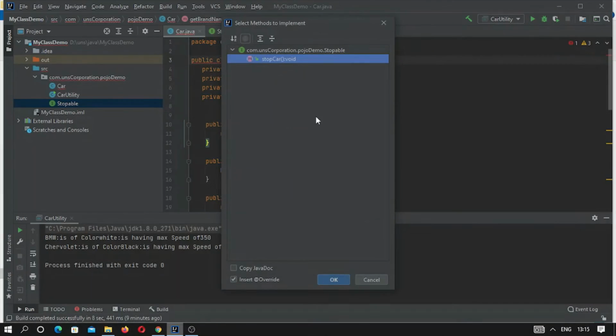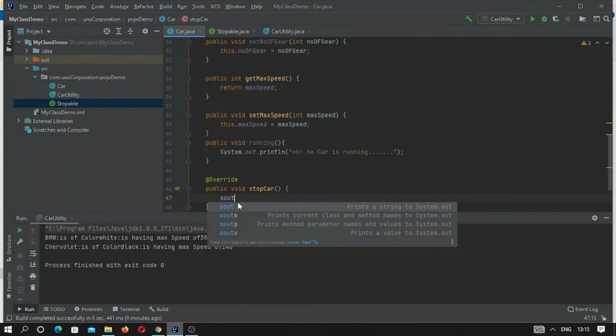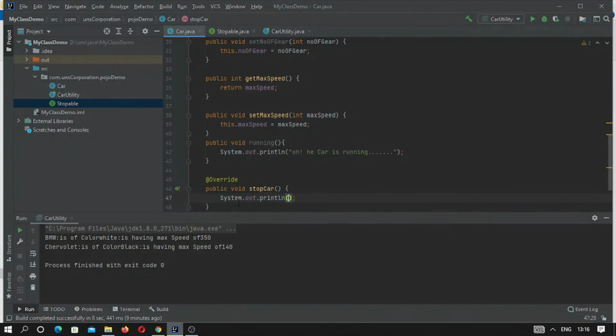So let me implement the stopCar method here, and we have to override this method. In the method body, we write: the car is now stopping.